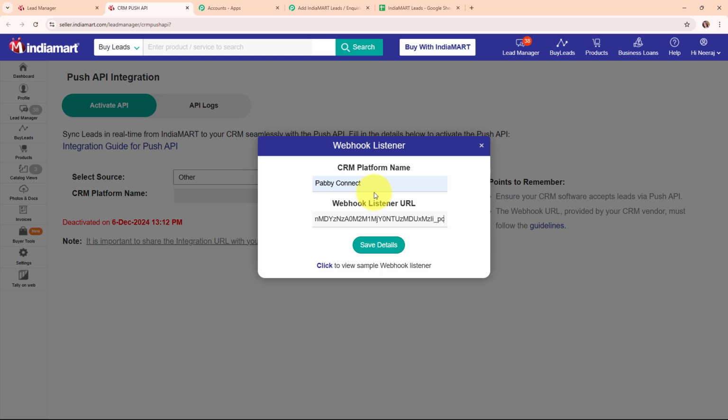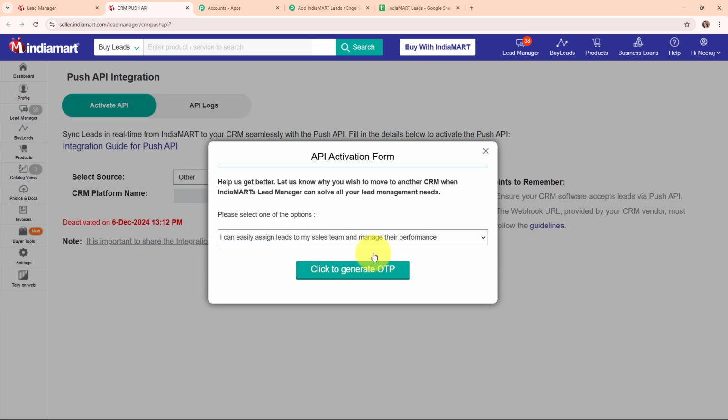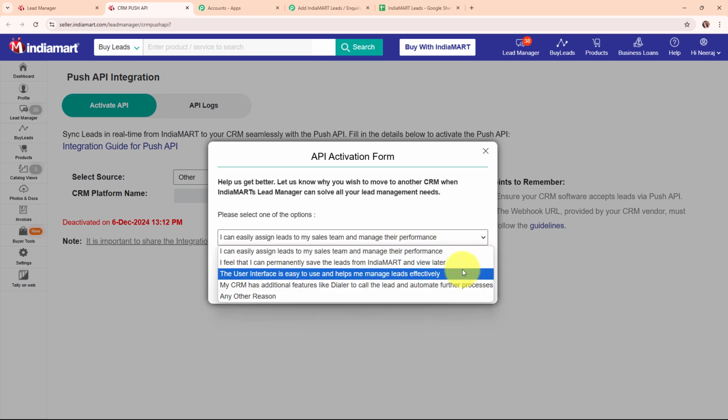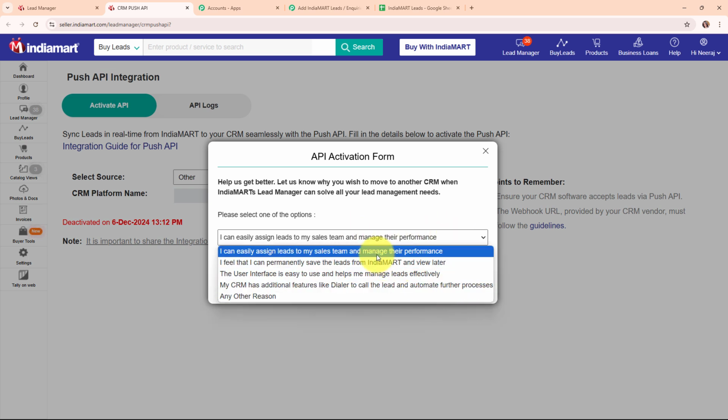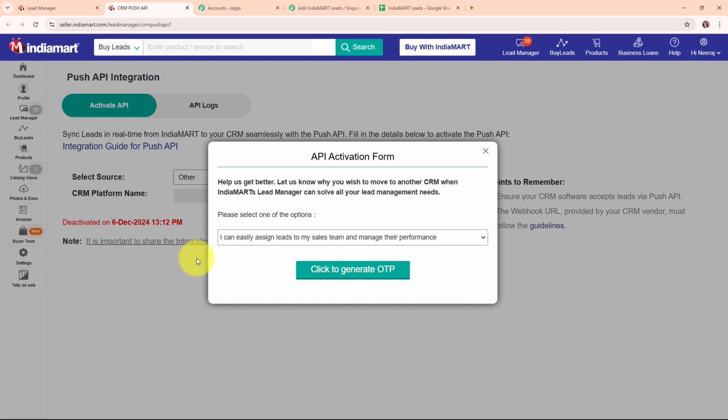And now here, after entering both the required details, I'm going to click on the save details given over here. And then here it is asking me to select the reason that why I want to transfer my IndiaMART leads to any other CRM. So here by clicking on this drop down menu, you can see some reasons available. So here I'm going to select a random reason which says I can easily assign leads to my sales team and manage their performance. And now here, after selecting the reason, I'm going to click on this click to generate